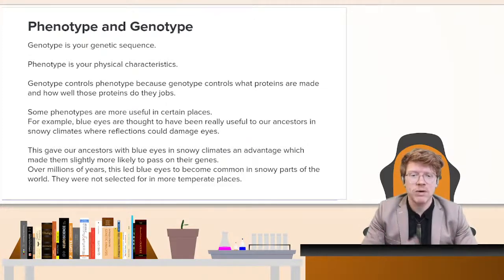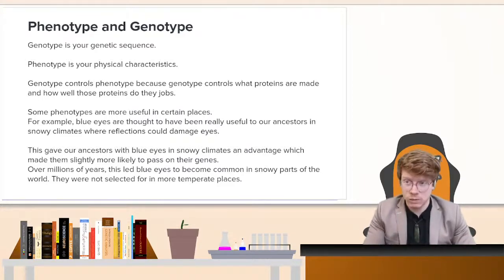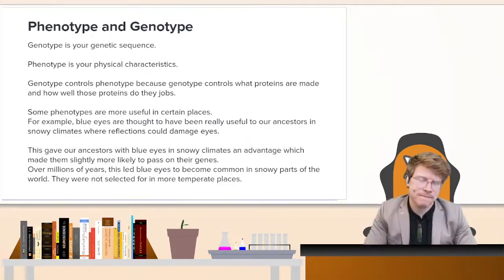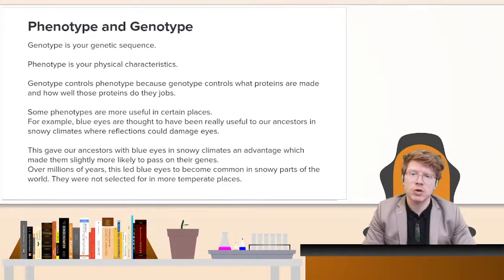So genotype controls phenotype, right? Some phenotypes can be useful to different organisms in different places. So if we look at the characteristics of blue eyes, they originated because they were a useful mutation to a particular population in a particular place. They happened by random chance somewhere in Northern Europe, and for that population that had those blue eyes, it was advantageous to them